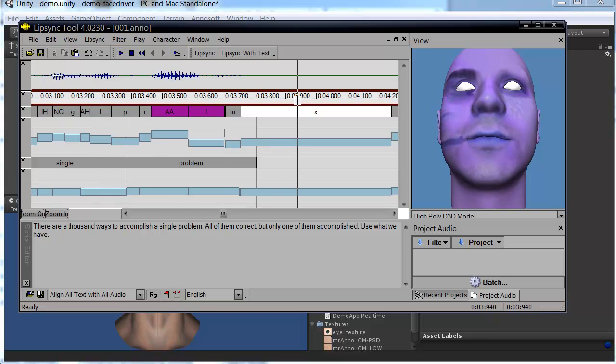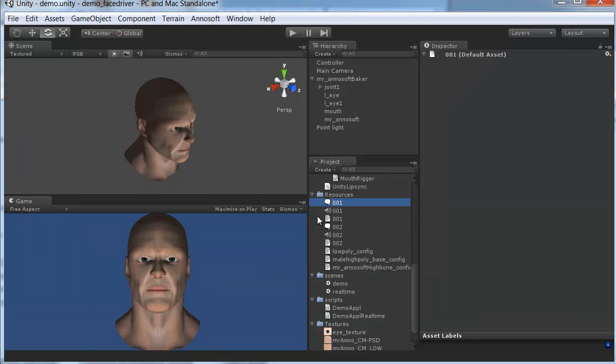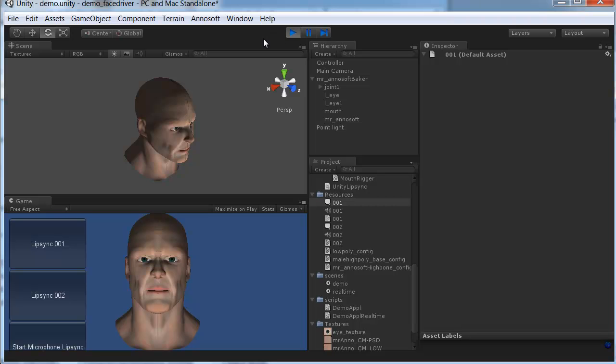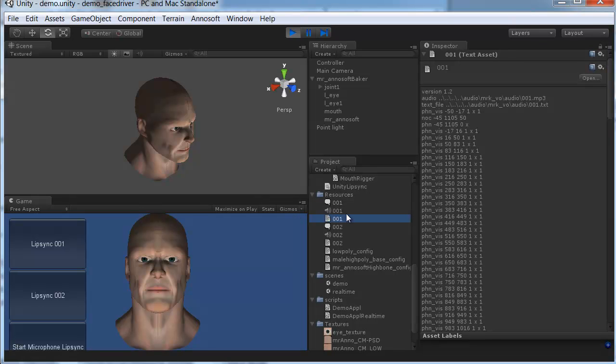Single problem. So then we just save it, and then it automatically updates. There are 1,000 ways to accomplish a single problem, all of them correct. It's a little hard to tell there, but